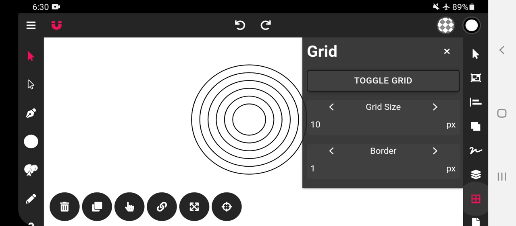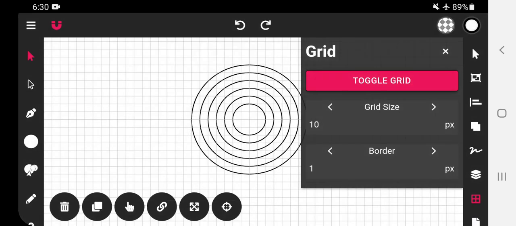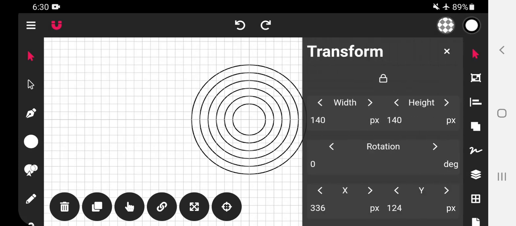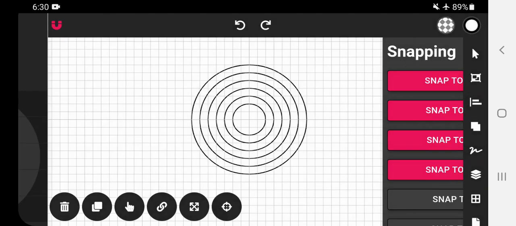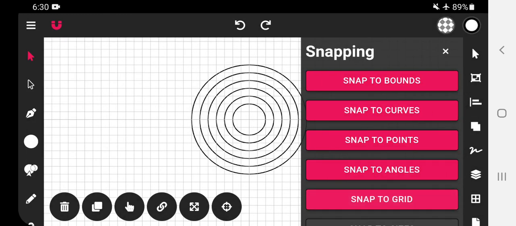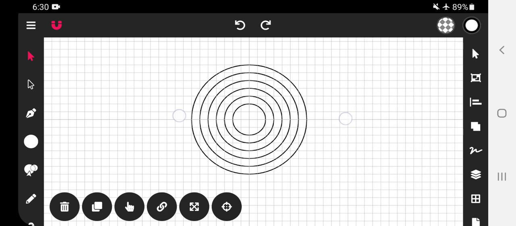So we are activating the grid. Tap on toggle grid and grid size, make it 10. Now we will activate one more feature, that is snapping and snap to grid. So all our shapes will snap to the grid which we have toggled on.